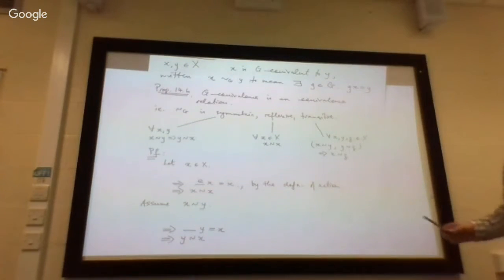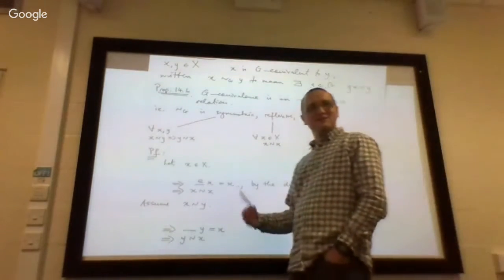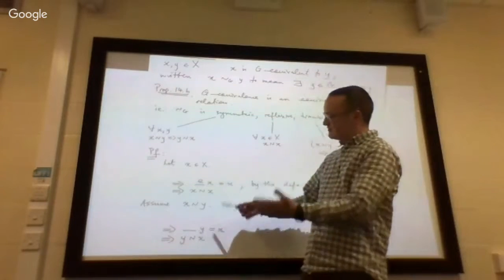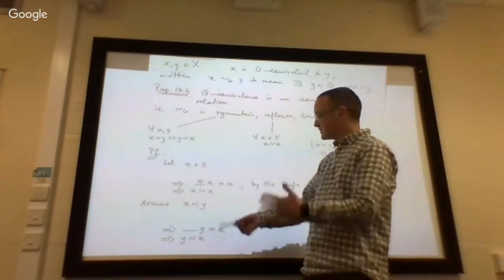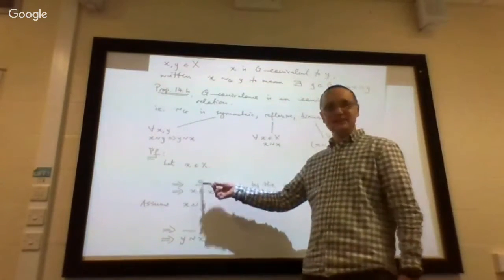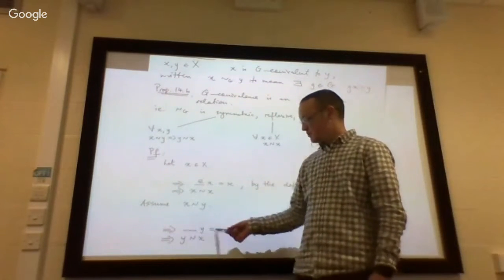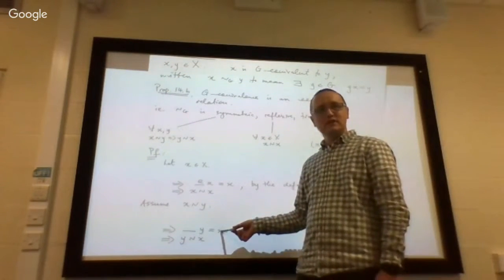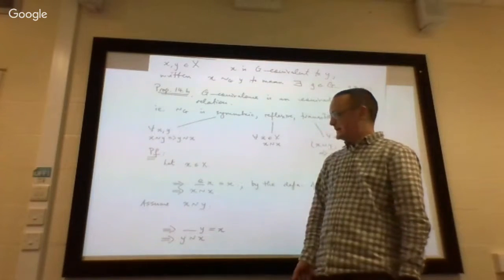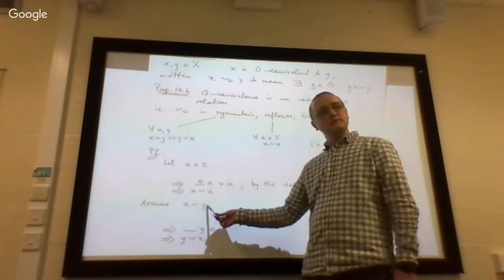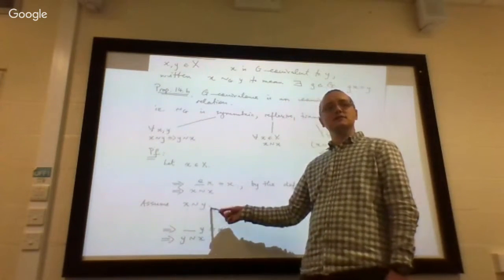Okay, silence is the correct response, because that reflects that there are no group elements floating about. We can't say it's the identity. We surely have to assume that y and x could be different, so it's probably not going to be the identity. But look, we've made this assumption. Assuming x is